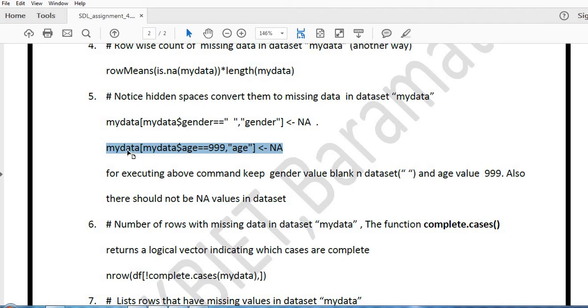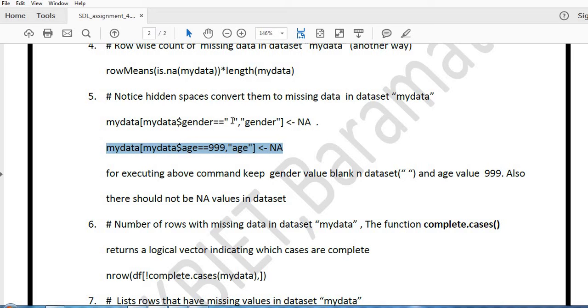for executing these two commands you should be careful: you need to keep the gender value blank in the data set, otherwise this command will not work, and the age value as 999, because we are comparing. If you have some other value and you want to assign it as an NA value, then just replace 999 with that value.